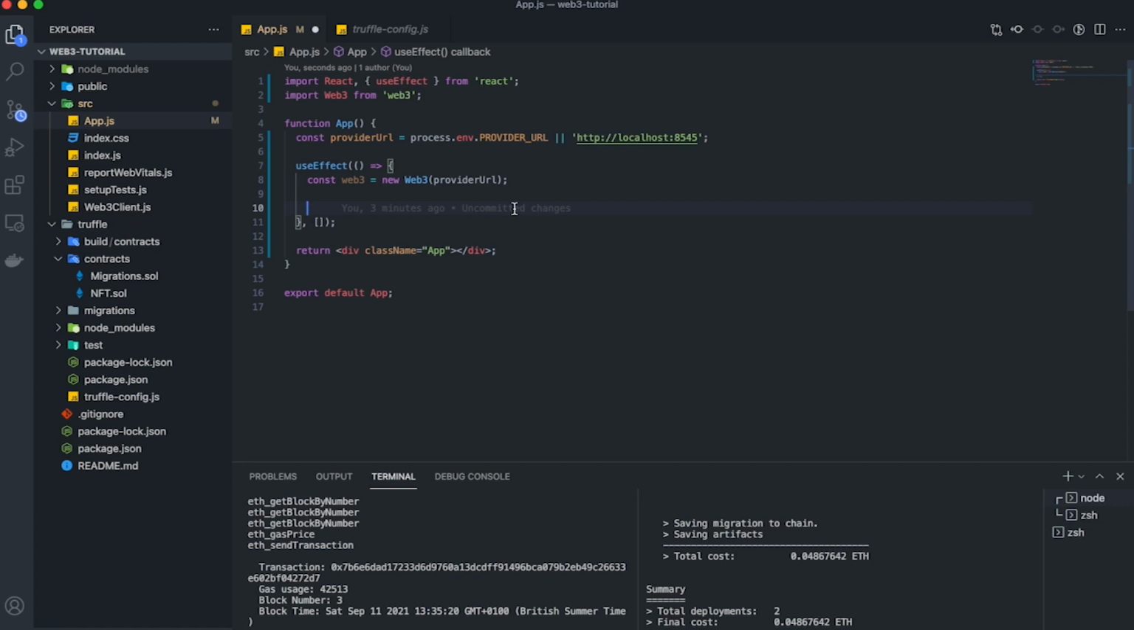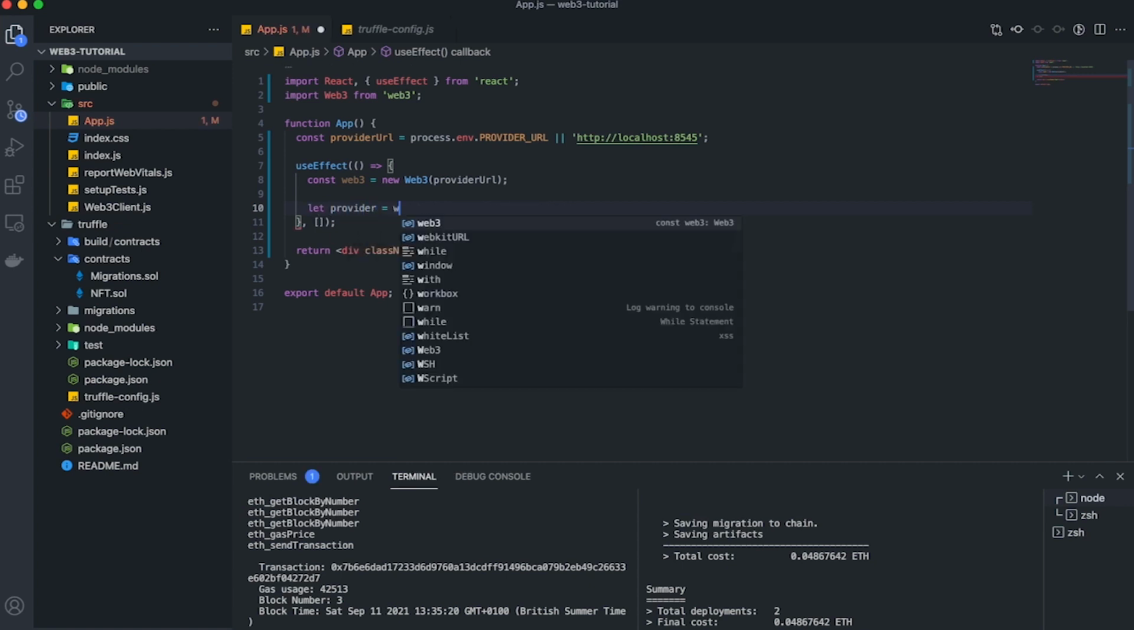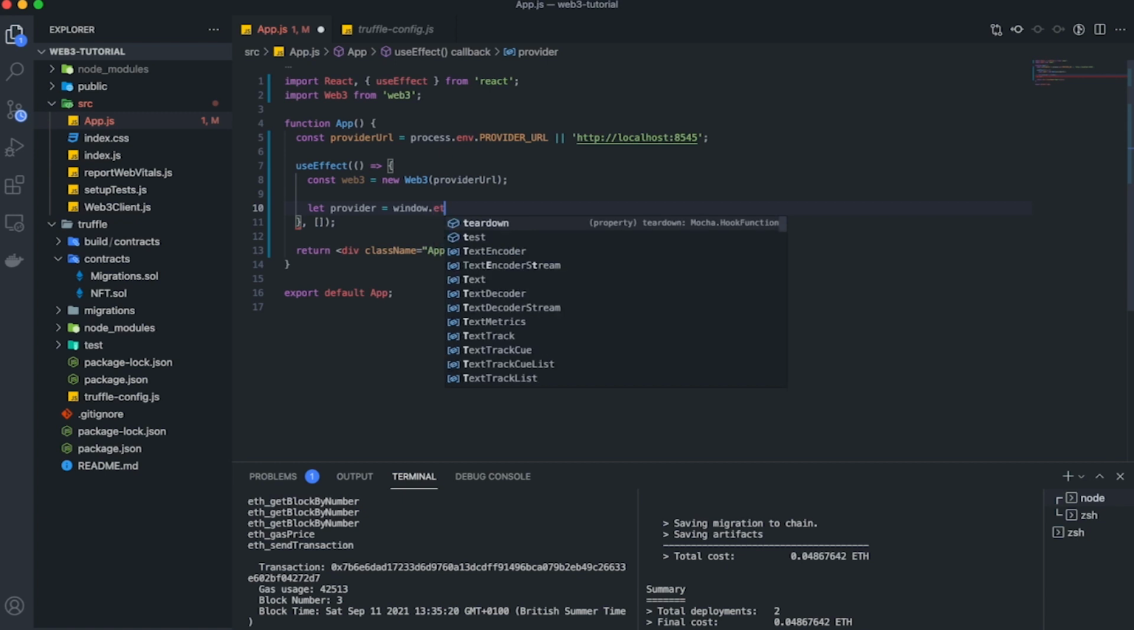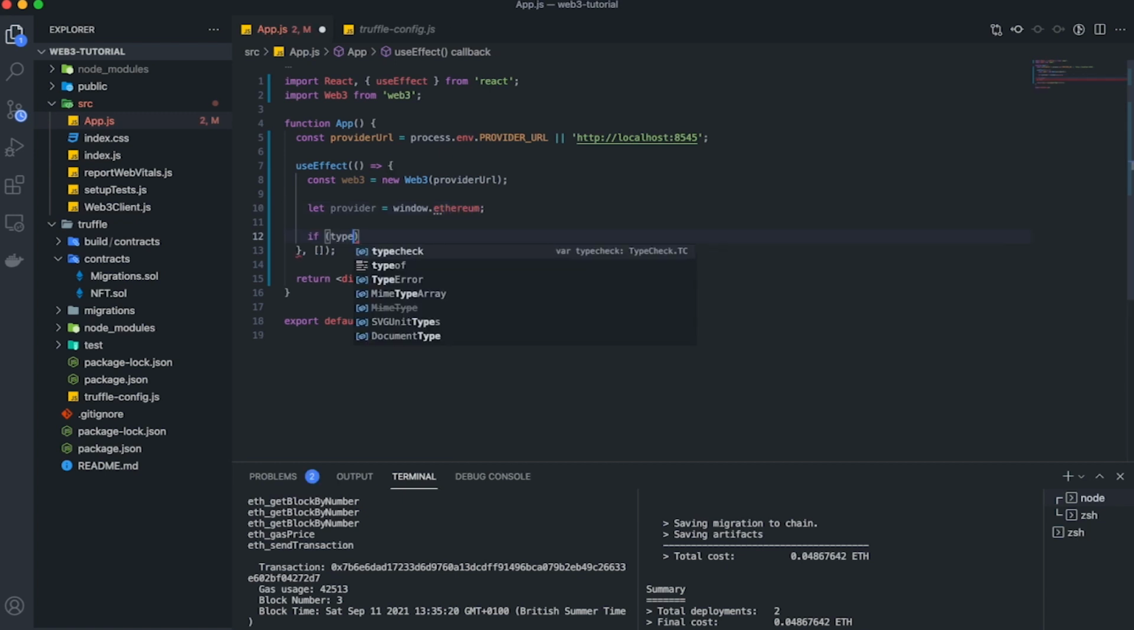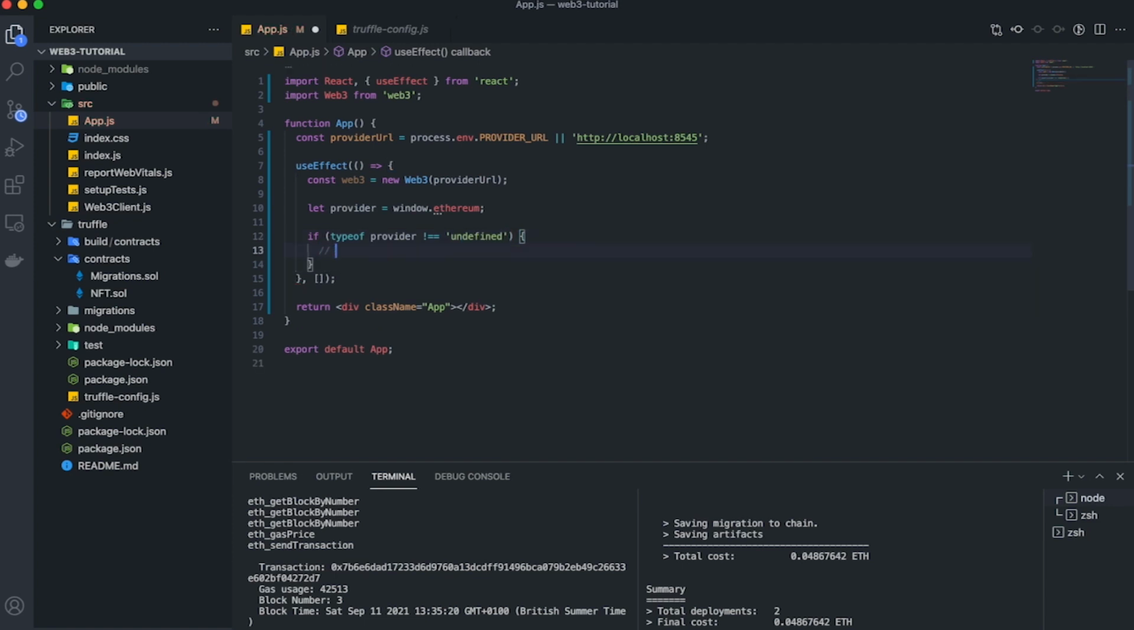So how do we go about integrating MetaMask? First, we will check if MetaMask is actually installed. So window.ethereum. As I said, MetaMask injects itself into the browser, so you will be able to access it through the window object. So if typeof provider is not undefined, so the provider has been injected, that means MetaMask is